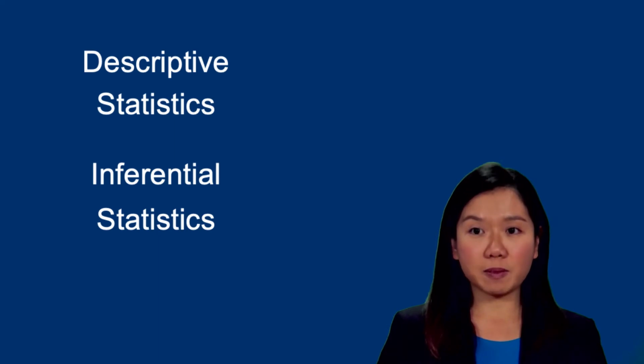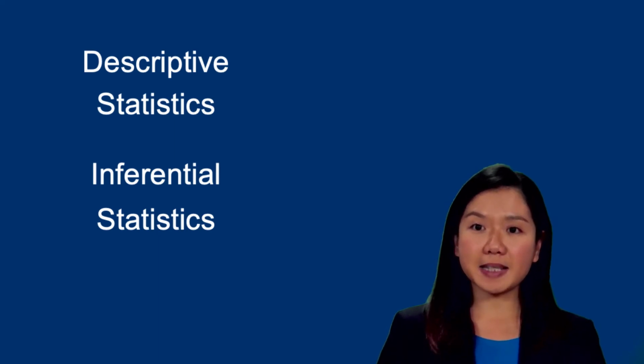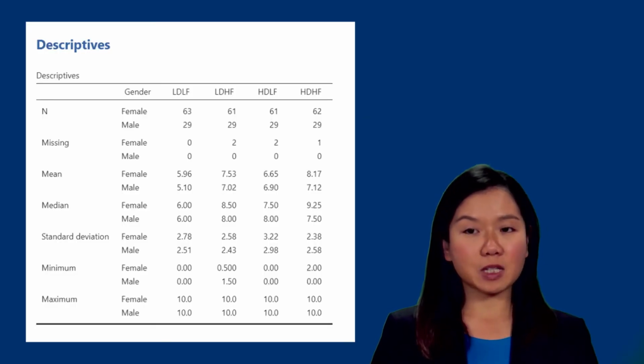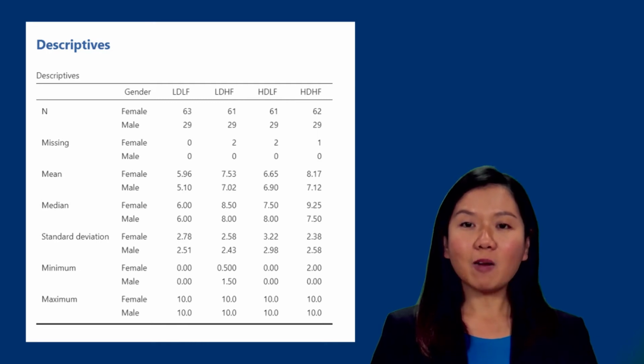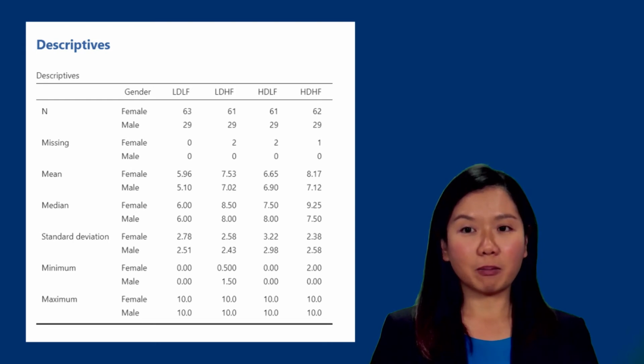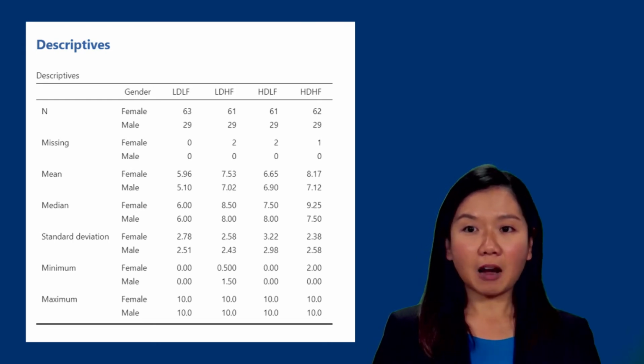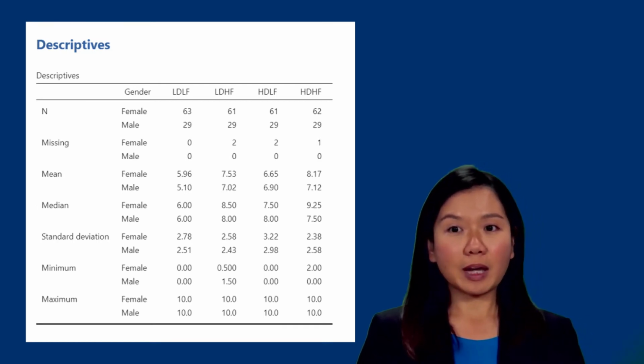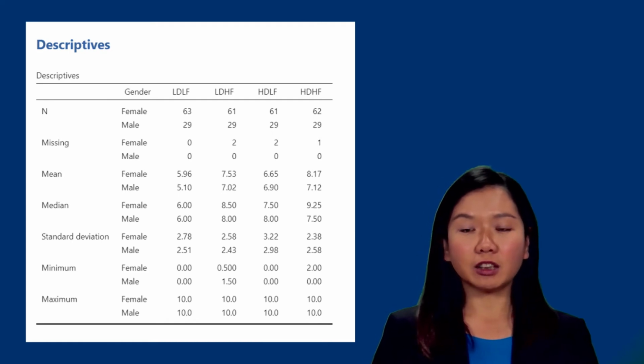There are two main types of statistical methods: descriptive statistics and inferential statistics. Descriptive statistics give us a summary of what is in our study sample, and this can be expressed as frequencies, means, or standard deviations. We can give a report on the number of participants that we have in the study, how the data is distributed in terms of the educational level or reported gender in this sample. We can also report the means and standard deviation of what we've measured in each group.